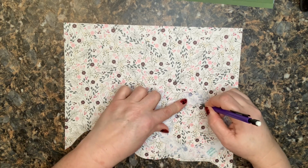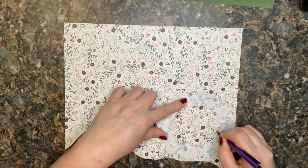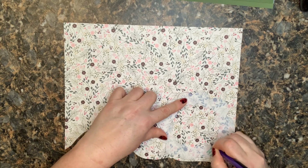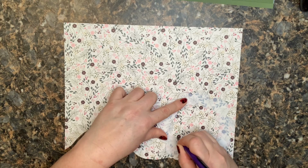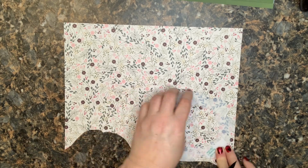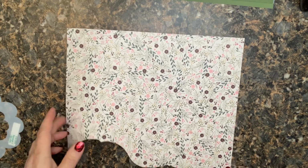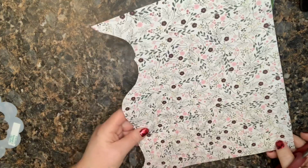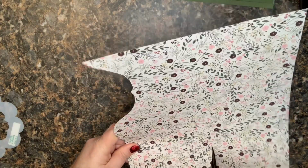So by cutting both of the pieces here, I may decide that I want the burgundy side for that flower cluster, and that's absolutely fine. I can just flip over this middle piece. Okay, so I know this is a little bit tough to see, but I want to just do a rough cut around here real quick, just to get this piece out of here,